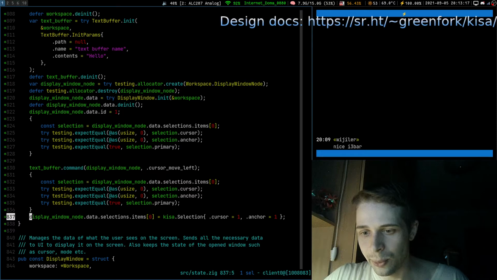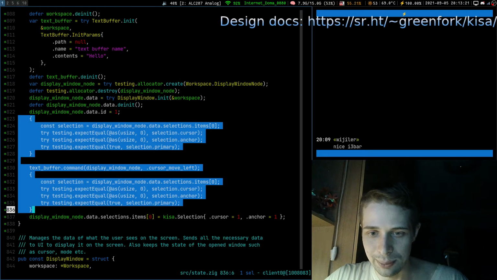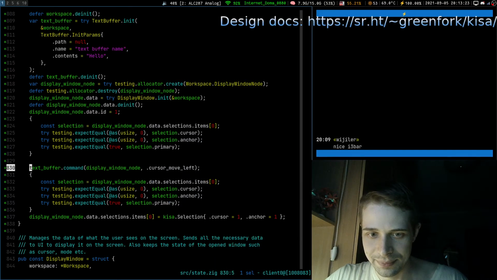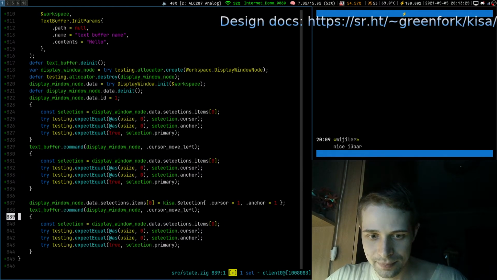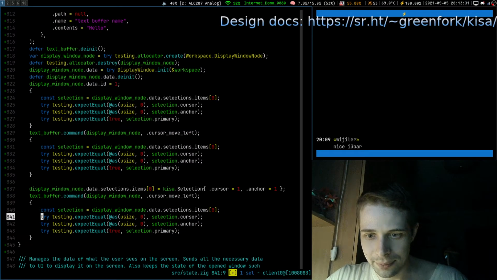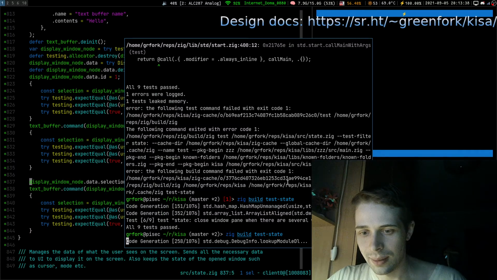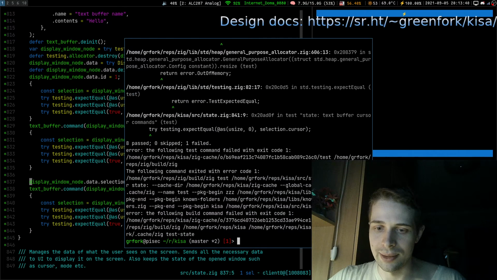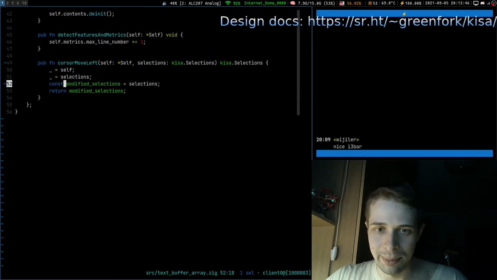And now when we do move left, we want it to actually move left. So we do command one more time, and we want to have zeros here still. And now it should fail, because we didn't really implement it. Yeah, it failed.